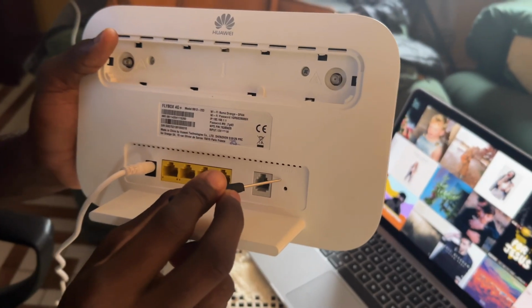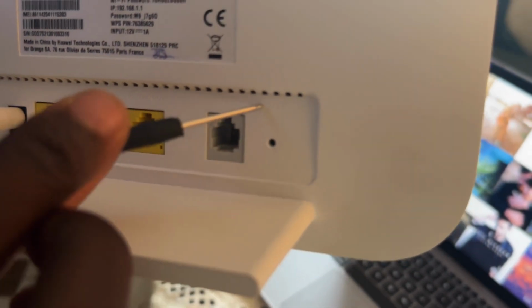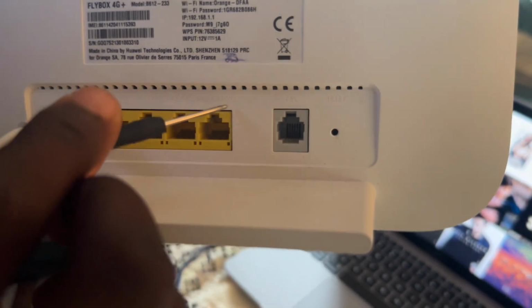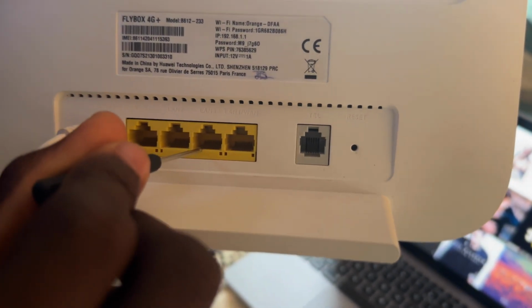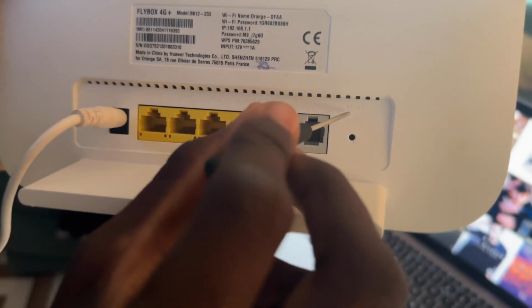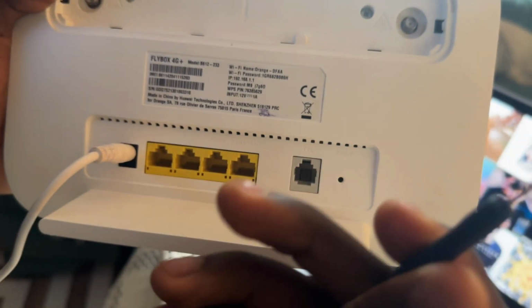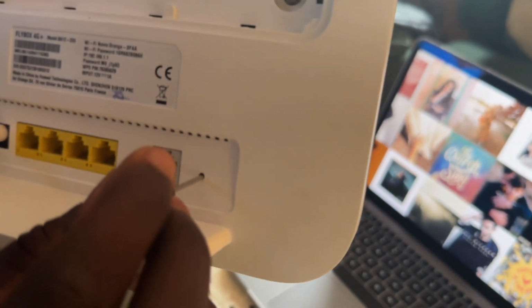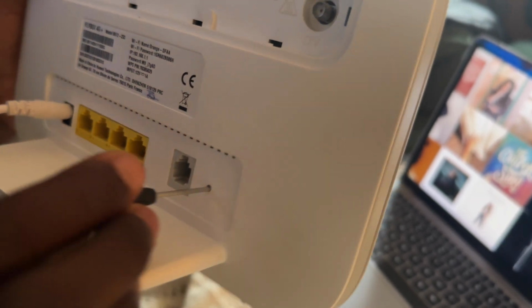So this is the reset button here. As you can see, it says reset, telephone and lines, and here is where you use the RJ45 connectors. So this is the reset. You find something tiny like this, then you use it to press the button for about 30 seconds. So you see